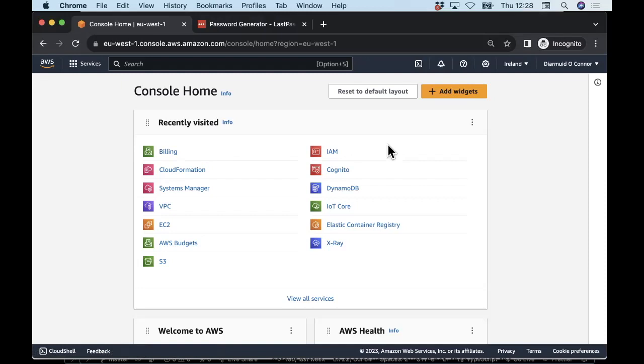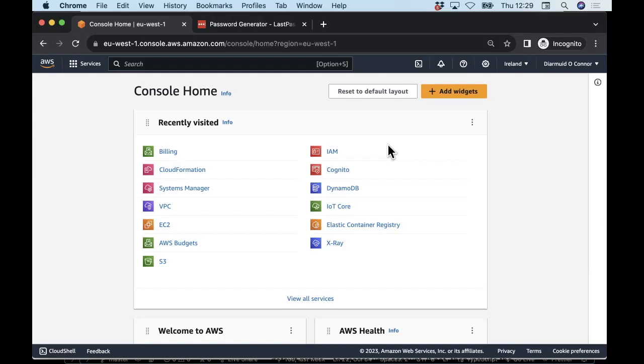So here I am, I've logged into my AWS account, but I've logged in as the root user. And I'm sure the guys would have said to you last year, you should do as little as possible as the root user. Any work that you want to do on AWS, you should do it as an IAM user rather than the root user. So how do I create an IAM user